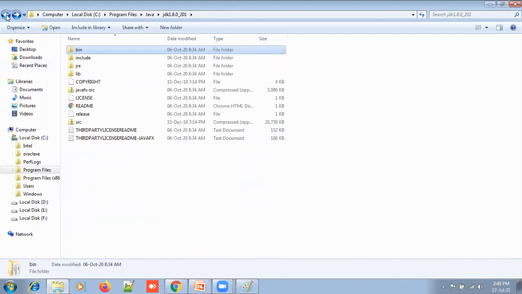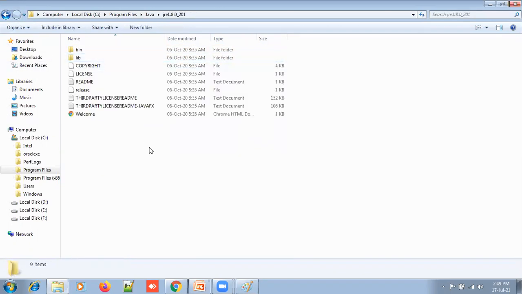And the second one, JRE, the Java Runtime Environment. Its main responsibility is that your program is going to be executed. Program execution depends on the environment where the program is going to be executed. That environment is provided with the help of this JRE. That's why the name itself is Java Runtime Environment. The Java Runtime Environment provides the environment to execute our program.